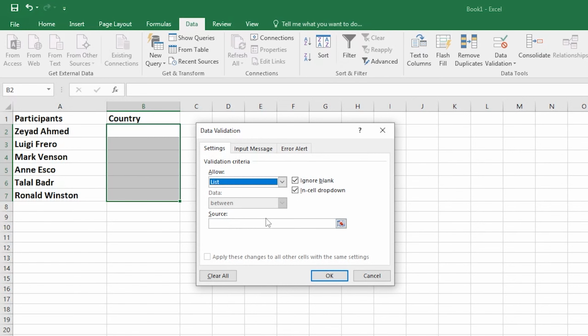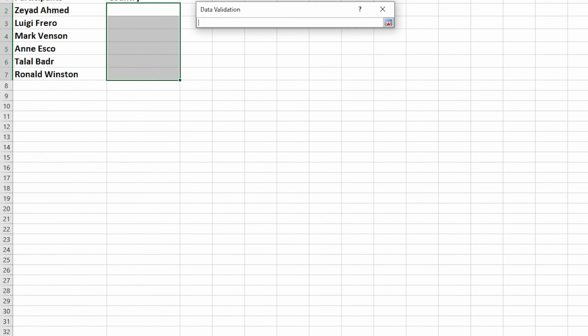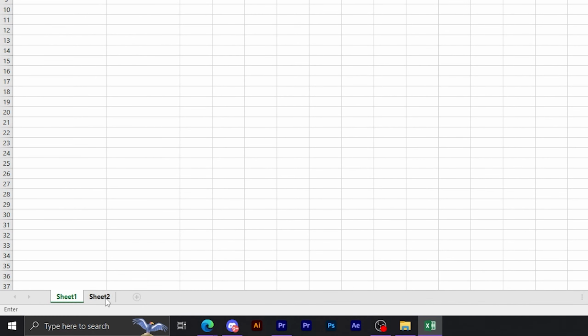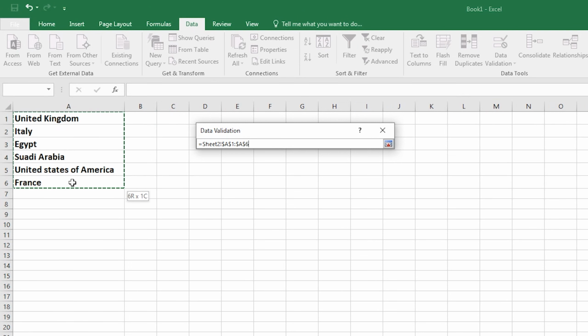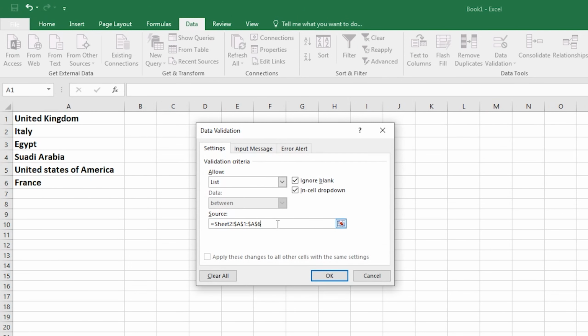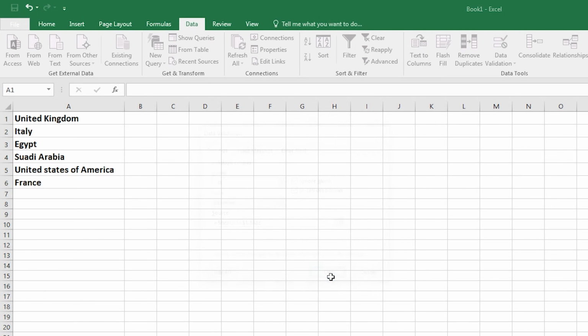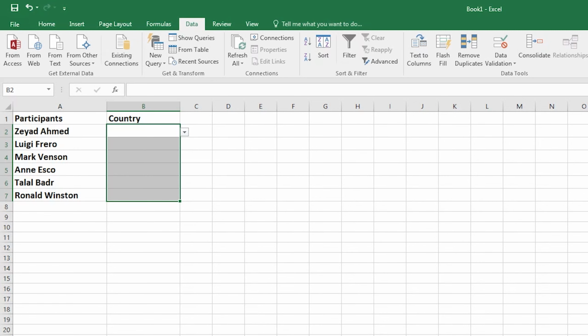Now you have to put the source of your list. Now I have created my source in another sheet, so I'm gonna click on this icon right here. Then I'm going to my second sheet and copy all these values. Then click on this icon back, and here, as you can see, the list will contain options from these cells. So I'm gonna click on OK, then go back to the first sheet and click on this arrow right here,